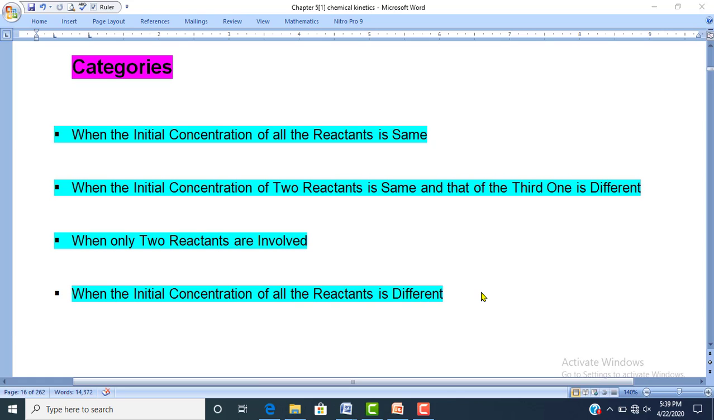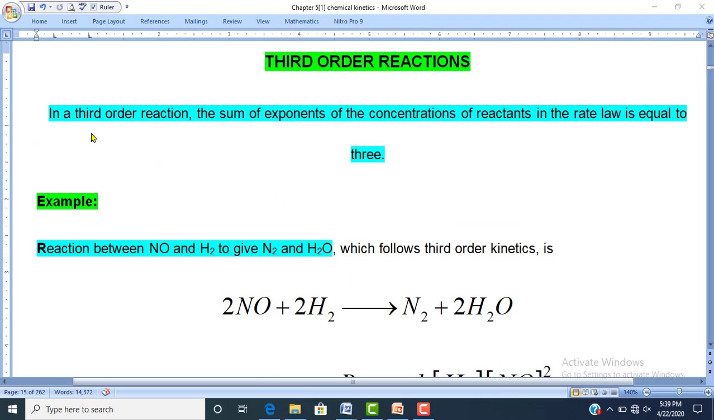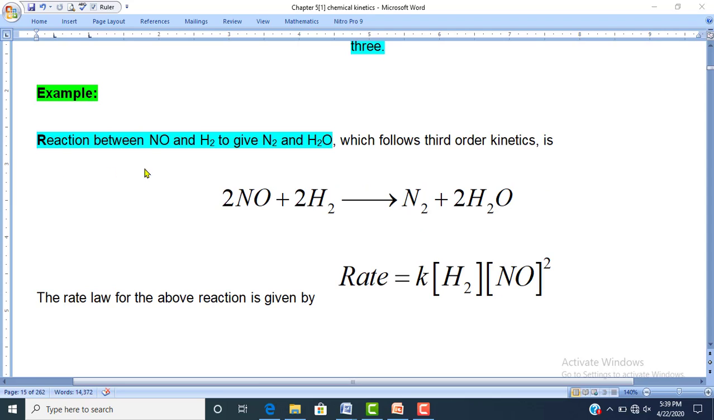So in brief, you can say that third order reaction is a reaction in which the sum of the exponents of the concentrations of reactants in the rate law is equal to 3, and the most important example is the reaction between nitric oxide and hydrogen gas to produce nitrogen gas and water. Because apparently this reaction looks that the order of reaction is 4, but in actual practice this reaction